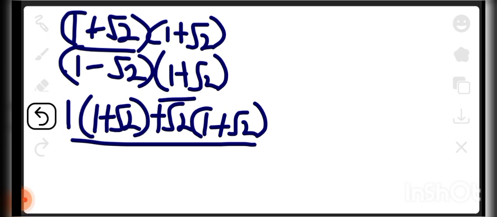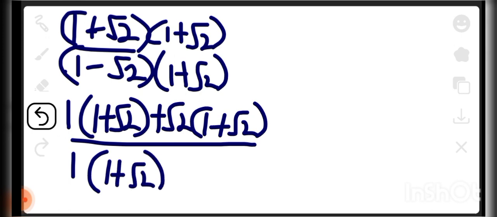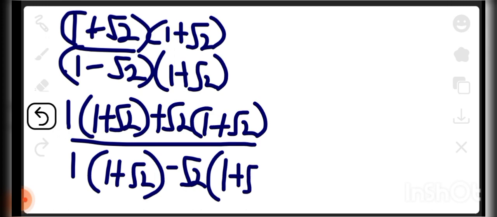Over 1, multiply everything again. I'm going to have 1 times 1 plus root 2. Then minus root 2, we multiply everything now. Minus root 2 times that 1 plus root 2. So this one is better. So we're going to have